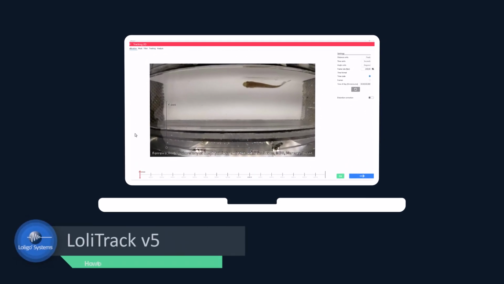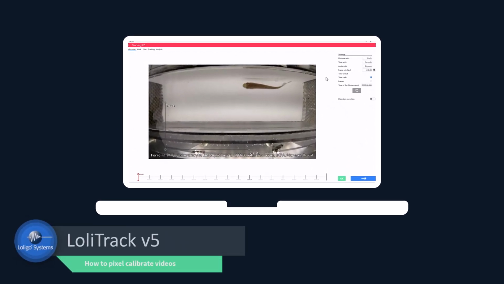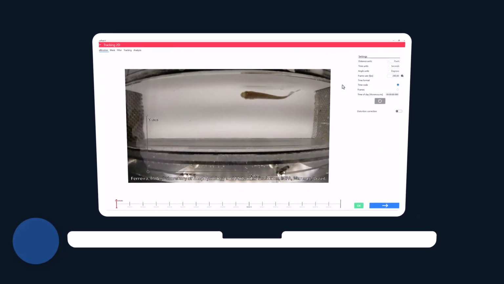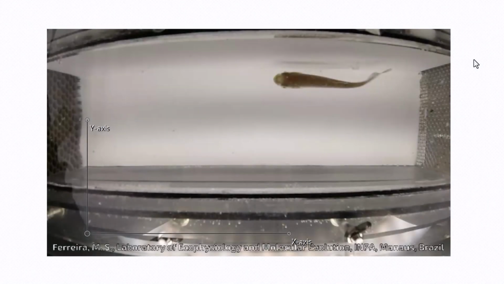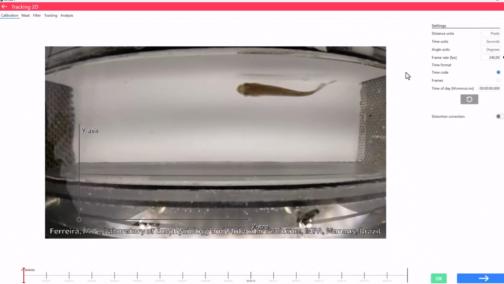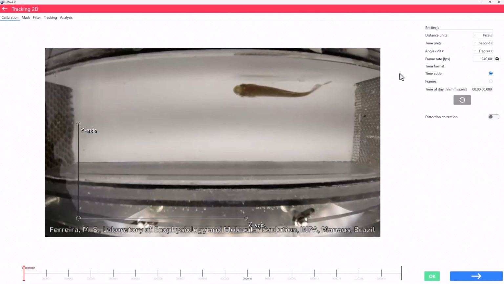We will now look at how to perform a calibration from pixels to centimeters in LoliTrack 5. In a pixel calibration, we define what a given number of pixels in the video images corresponds to in a known distance inside the arena. This calibration procedure is required if you want your data parameter outputs in units other than pixels, for example in